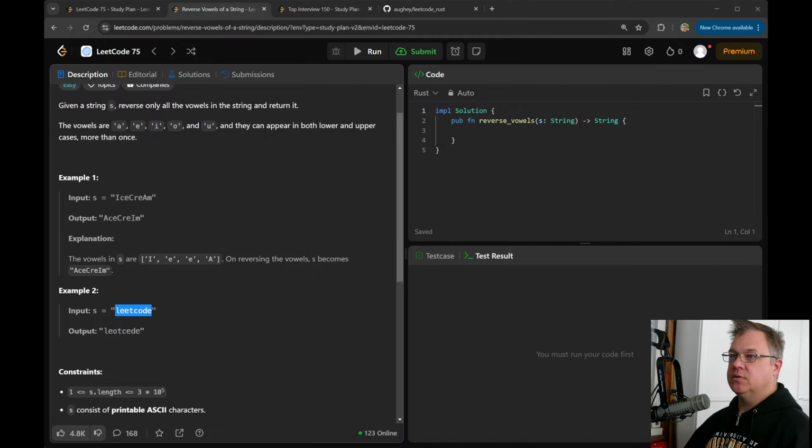Okay, now we'll do this one. So this was our complete, this is always going to be right. So in this case, we just need to go, okay, what are our reverse vowels? The reverse string is going to be S into chars, reverse vowels.